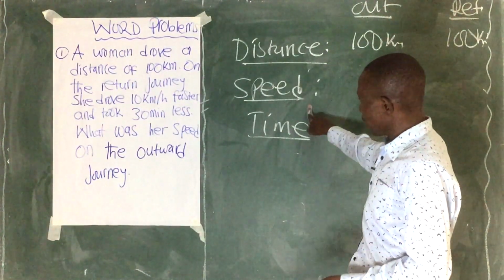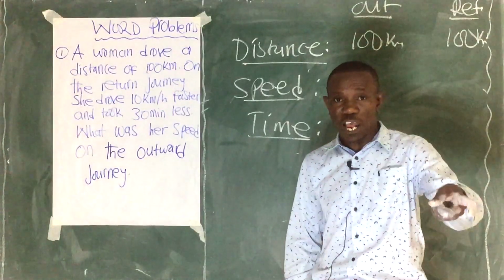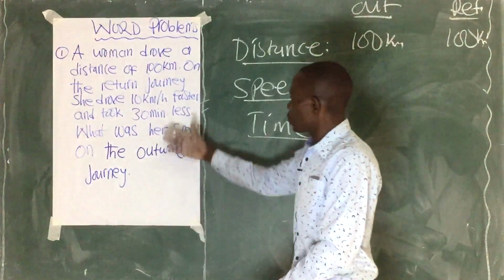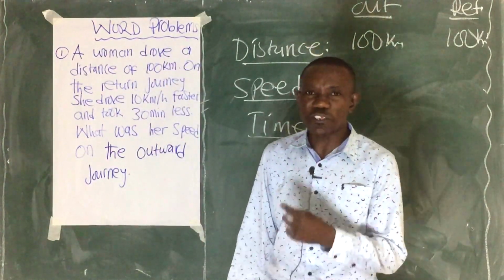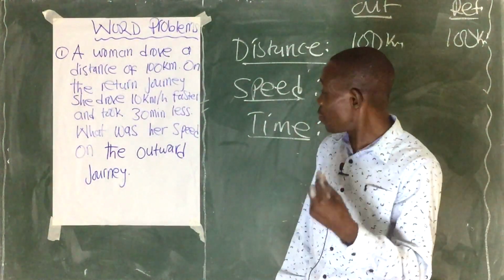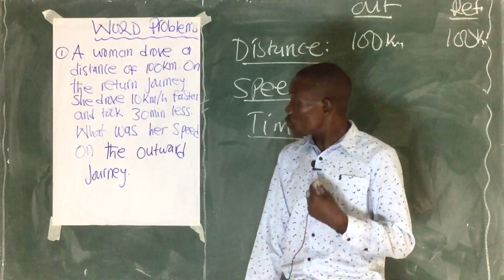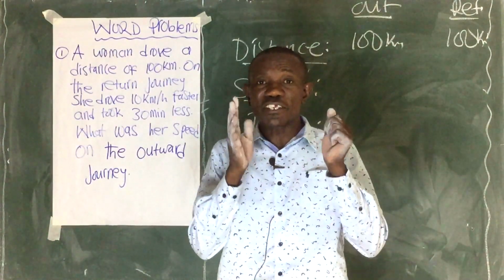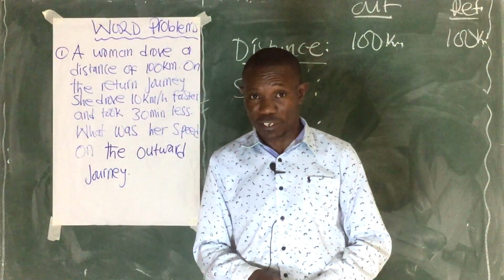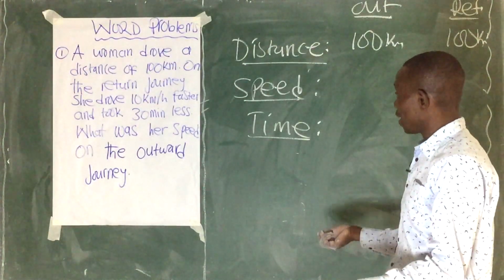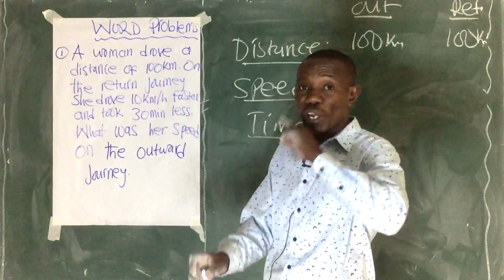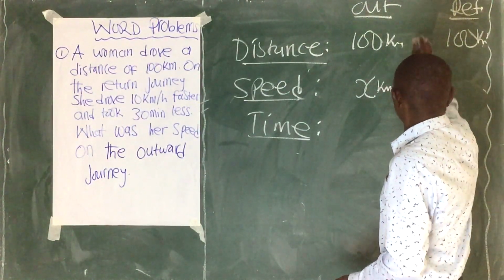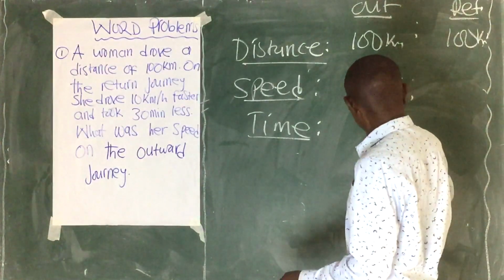Second, let's talk of the speed. What speed did she use when going out and then coming back? The question does not specifically tell us what speed she used when going out, or the same when coming back on the return. If a quantity is not known, we use a certain variable to represent the quantity of our interest. So here, speed is not defined. We say, let the speed she used when going out be x kilometers per hour. When coming back, it was also supposed to be